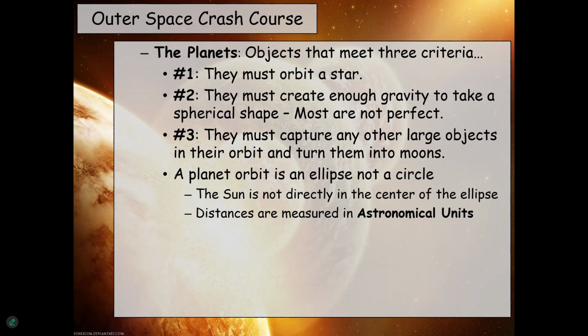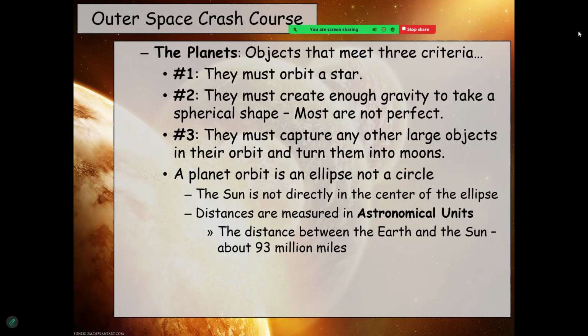It's an average because, as I just mentioned a few minutes ago, we're not always the same distance from the sun. We don't orbit in a circle, right? But if you take all the different measurements throughout the course of a year, average them together, the distance between our sun and us is an astronomical unit. In number terms, that is 93 million miles. Okay, that's our nice round average number.